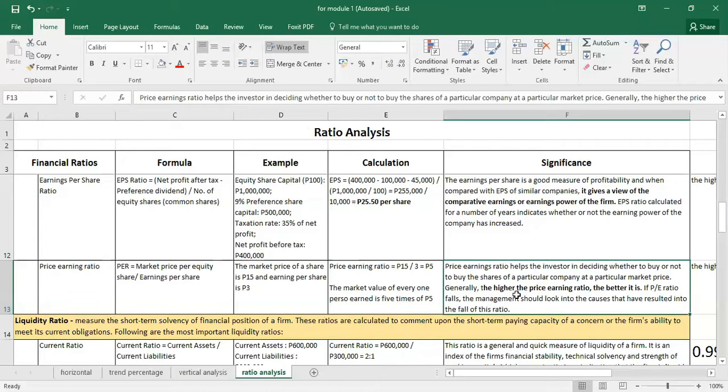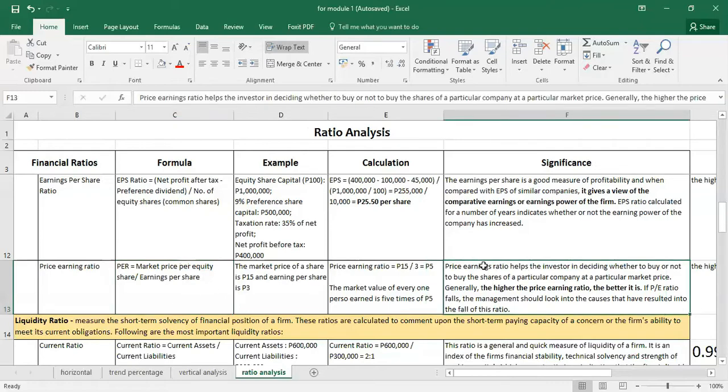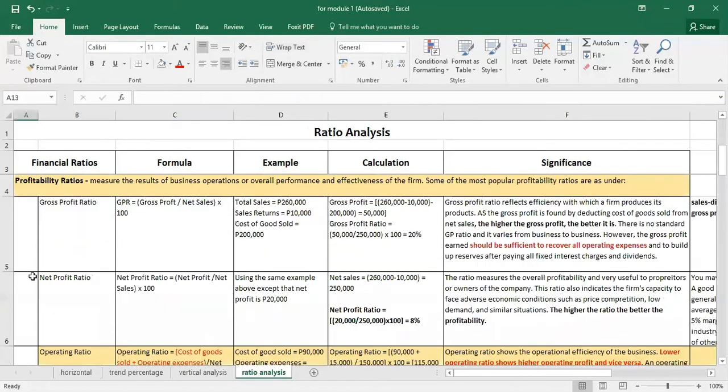generally, the higher the price-earning ratio, again, the better it is. If price-earning ratio falls, the management should look into the causes that have resulted in the fall of the ratio. Kasi may market price tayo, kino-compare natin yung earnings per share natin sa market price. So, that's